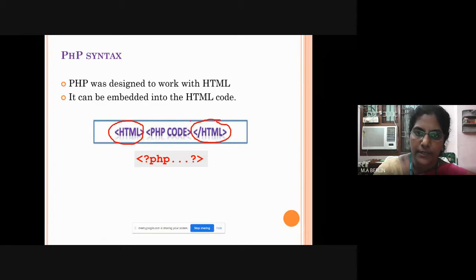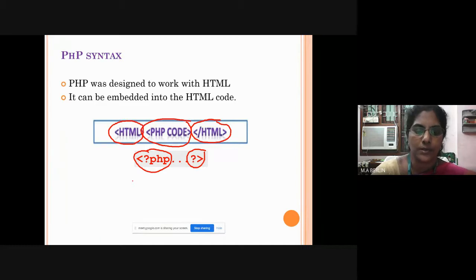In between, your PHP code will be there. So how can the system, during execution, identify whether it is a PHP tag or an HTML tag? With the help of PHP processing instructions. So this is what a PHP processing instruction actually is.